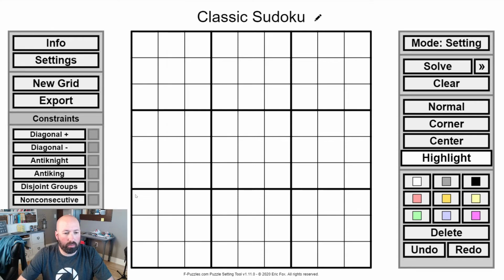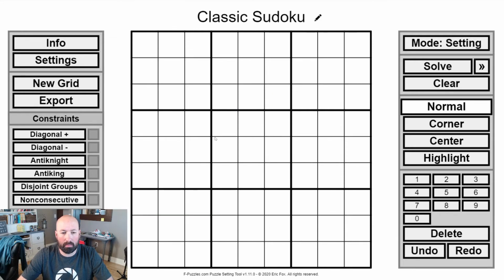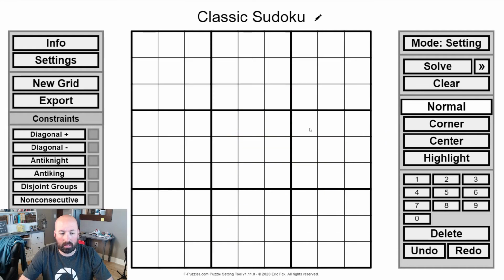So if you don't know what a palindrome is, it just means it's the same forwards and backwards. So you could have 1, 2, 3, 2, 1, which of course is not valid for Sudoku in this row, but same digits forward and backwards. 1, 2, 3, 2, 1. If you read it the other direction, it's 1, 2, 3, 2, 1. So the way this works for a Sudoku puzzle is